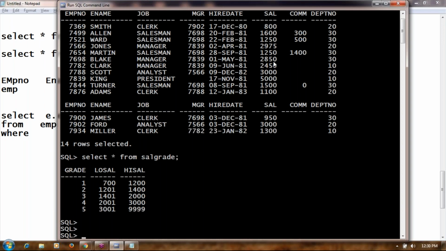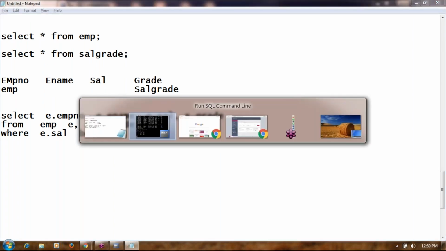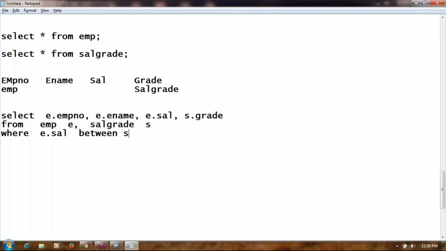You are using which column in the employee table? Using the salary column, you are able to decide the grade. So e dot salary, do you remember we have an operator between which will deal with a range of values? Between lower limit and upper limit: between s dot low sal and s dot high sal.